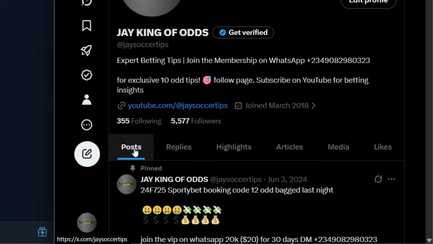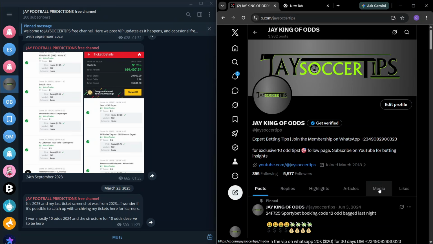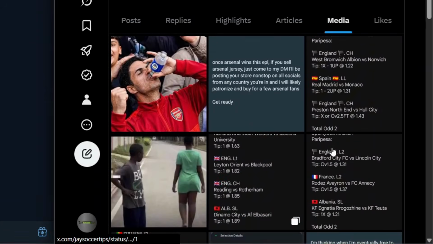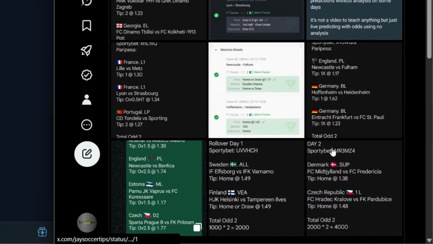I'll come over to Twitter. You can see different posts, replies, highlights, article, and media. So to make it faster or easier, you want to come to media to actually see the pictures that I have posted, because I posted these pictures when I played them, and when they won, I also posted the screenshots from the winning tickets. So you select media and it takes you to all the images that I've uploaded on